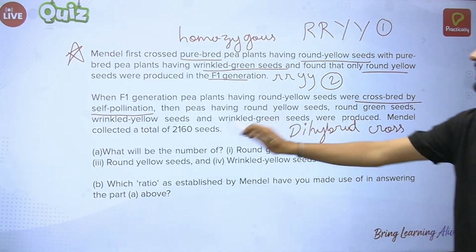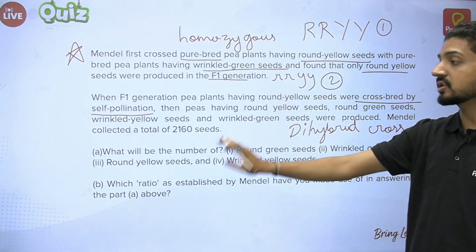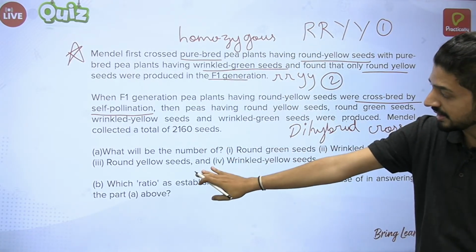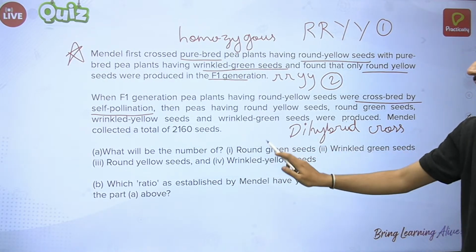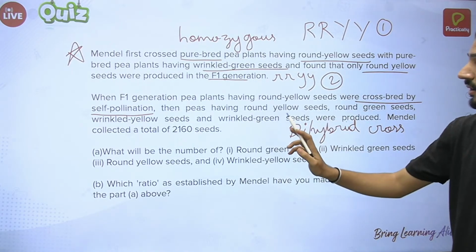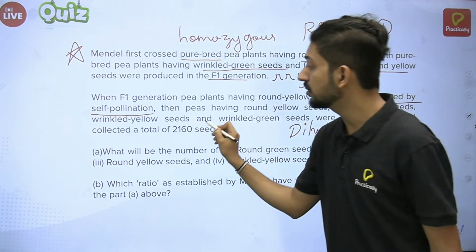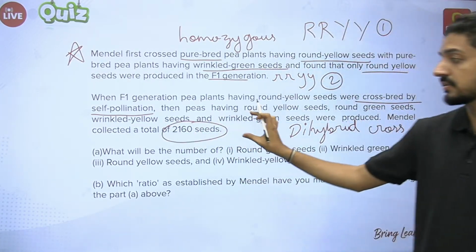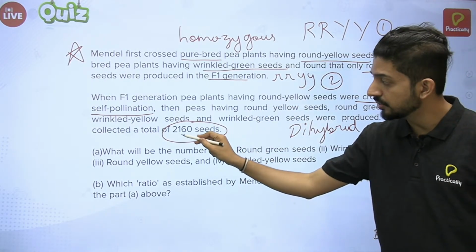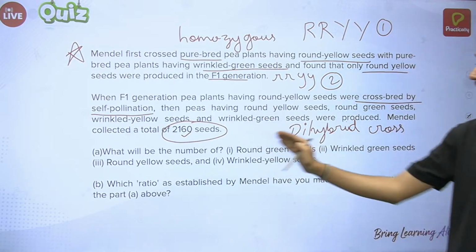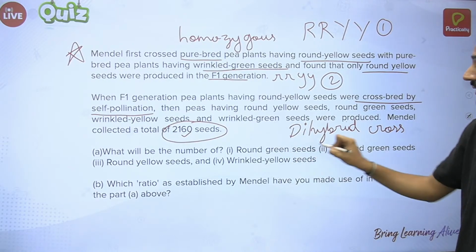Okay. Now here is the main question. This was the main introduction, or the main parts of the question. This question has various parts in it, A and B. A itself has 4 parts. What will be the number of round green seeds, wrinkle green seeds, round yellow seeds, and wrinkle yellow seeds? See, there is a catch over here. Mendel collected a total of 2160 seeds. So as I said, this is a numerical based question. So this number has to be noted. These many seeds were found. So we have to tell how many from these 2160 seeds were round green seeds, wrinkle green seeds,